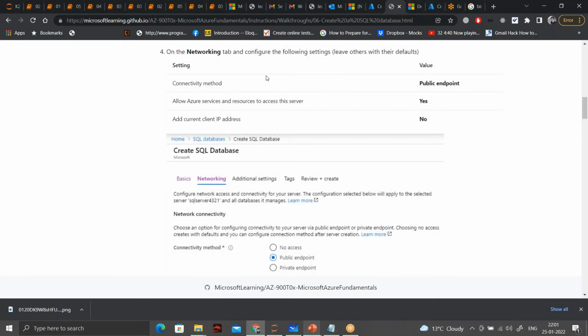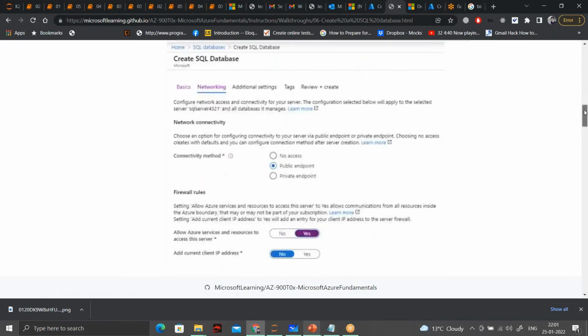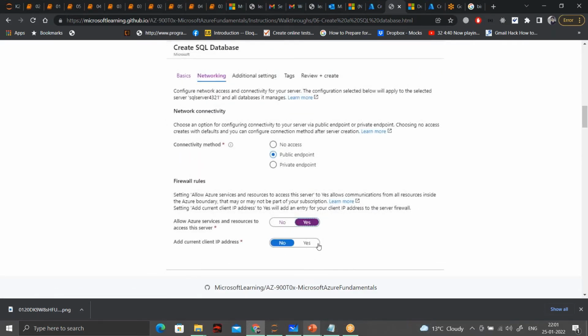On the networking tab, we have to check that the connectivity method is a public endpoint, because we will be accessing this SQL database over the internet. Additionally, we will also add our current IP, otherwise connecting to this later will be a problem.